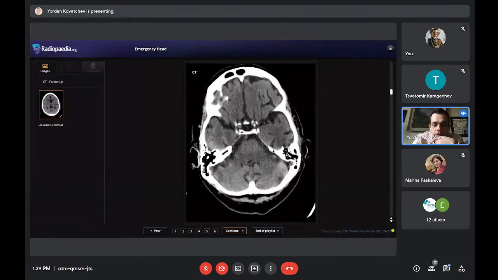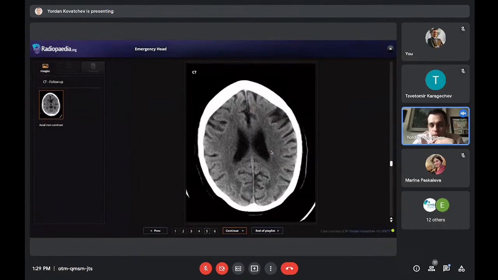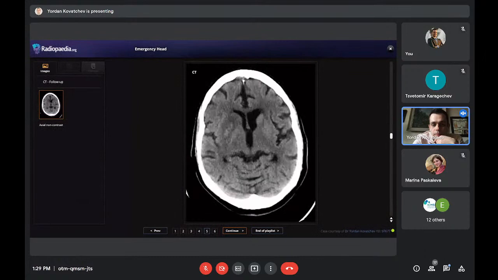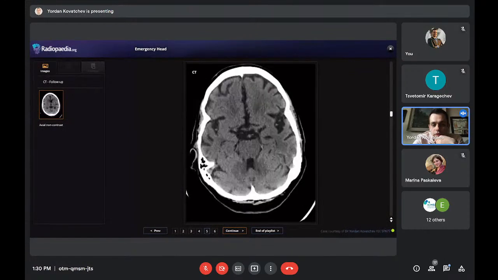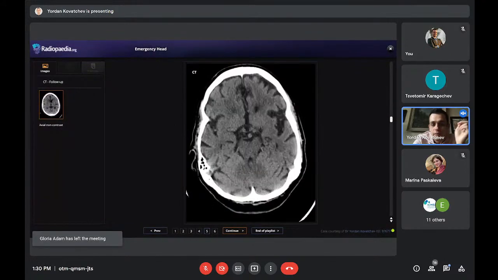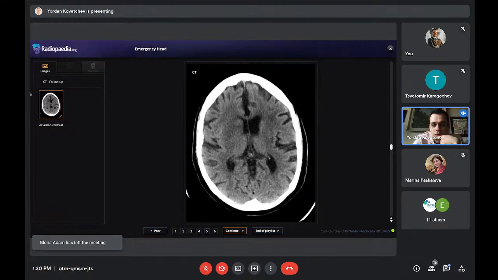What you're seeing here is the same patient 24 hours later. And some of these things I haven't explained, so it's totally fine. Think about maybe mass effect, think about hypodense areas, think about, yes, edema. And think about, do you see blood or do you see a lot of blood? This is the same patient 24 hours later.